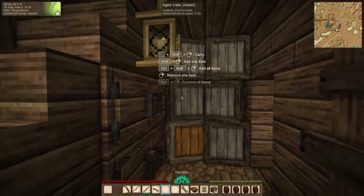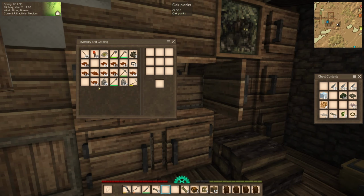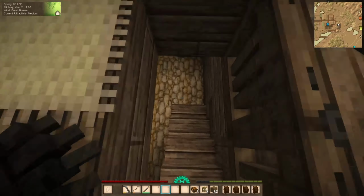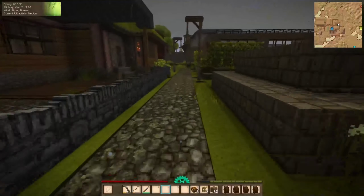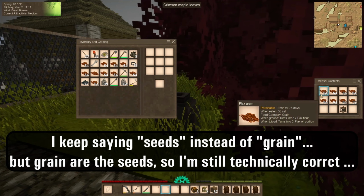There we go. We've got our first harvest of flax in. We've got all the flax seeds we will ever need. Ever. And, yeah, I don't know what to do with all this. I've got an entire vessel, just about full. I think it's 1 or 2 stacks short of being full. Okay, it's mostly full. Full of flax seeds from...